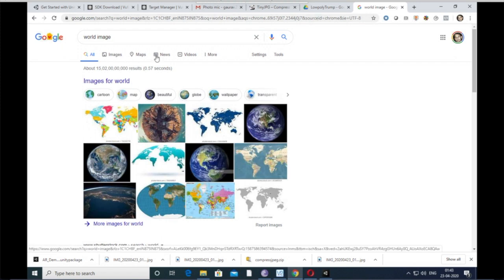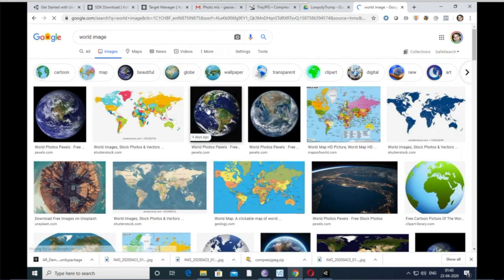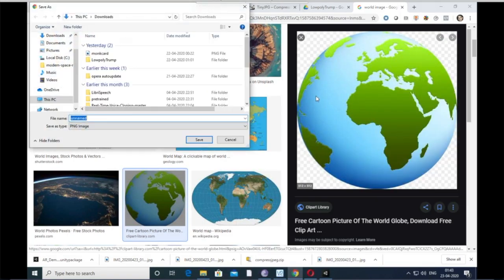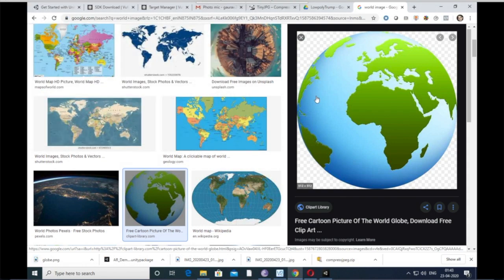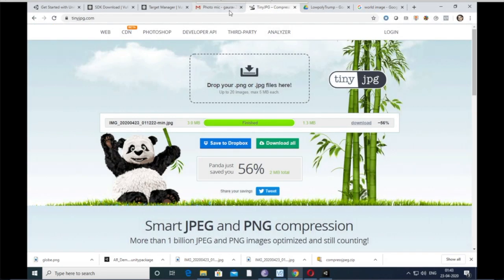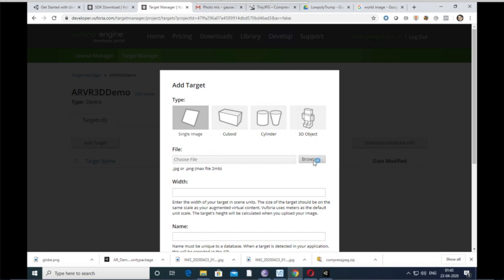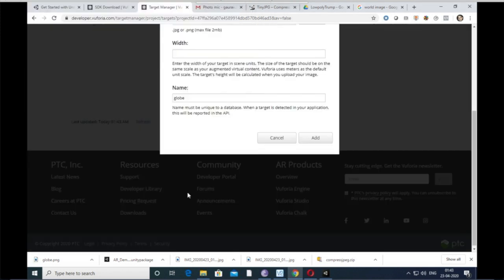You can download it here. So I have already created it, but I will again show you, let's say this globe. Save image as globe. You can say add, browse, globe.